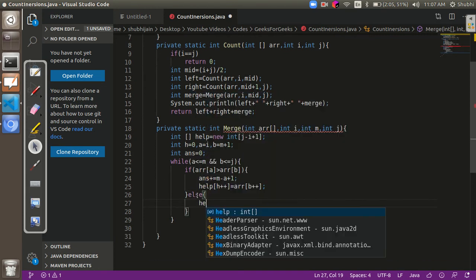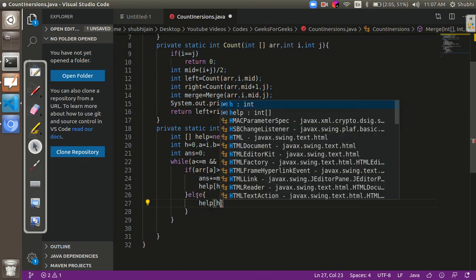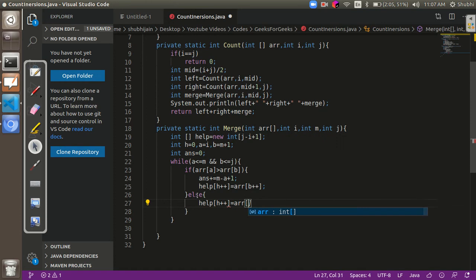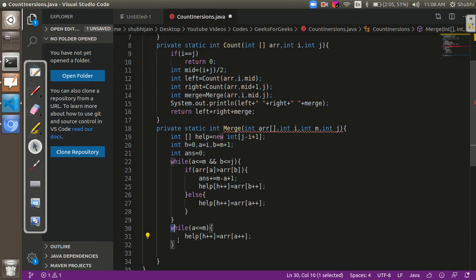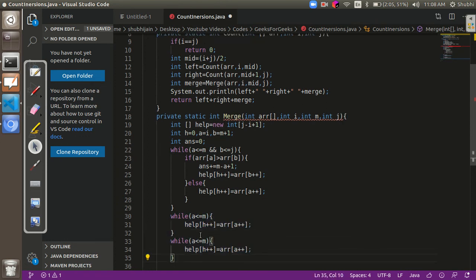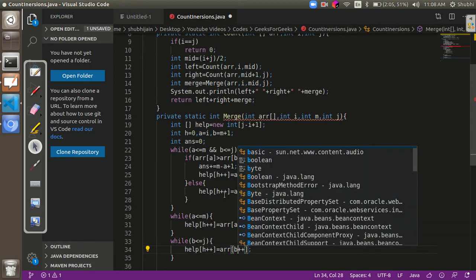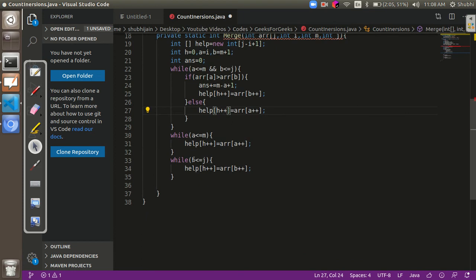Else, this means no inversion has been found, and I will just simply add the element at A index. Now since there is a possibility that elements from one array have finished and some elements from the other array have been left, we'll just add those elements. Okay, so after this part, the helper array has the result of the sorted array.